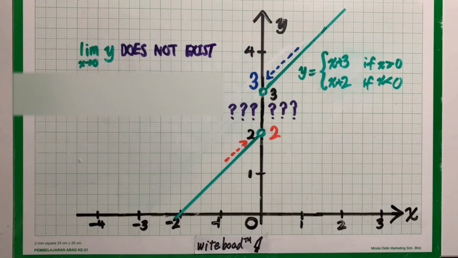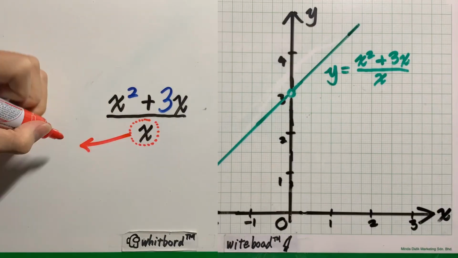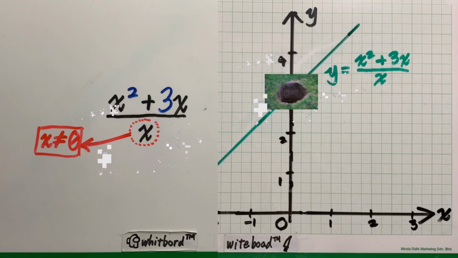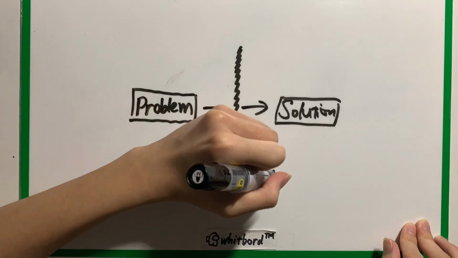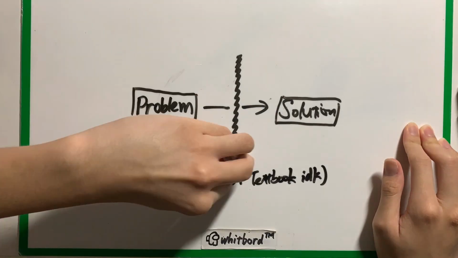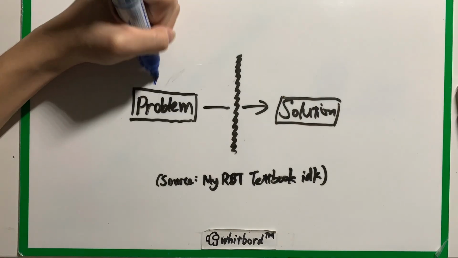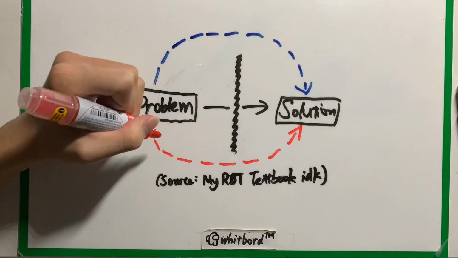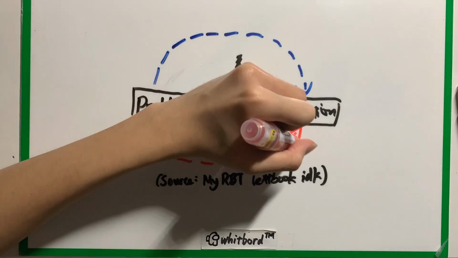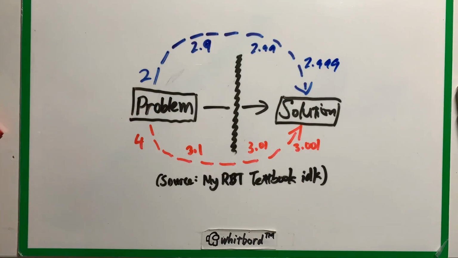So to sum up this part, we have a function that should be easy to factorize, but this condition screwed it over. So when we see an obstacle, we try to get around it. And it turns out by finding values really close to it, not only can we factorize the function, but we can also use it to find an accurate limit. Well, this isn't the only way to find the limit. In fact, there's one more that I'll cover later, but for now,